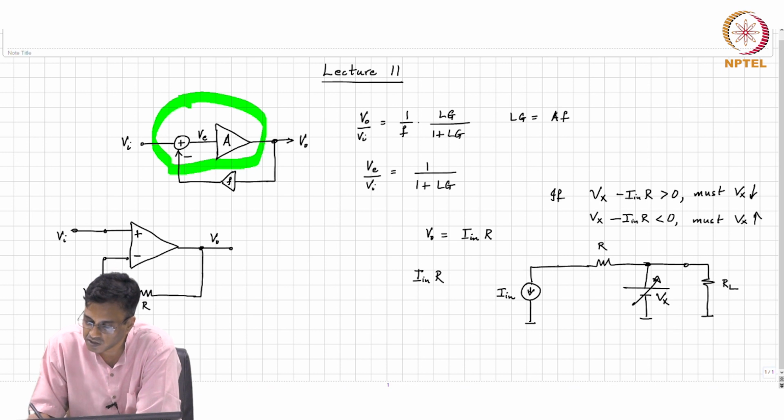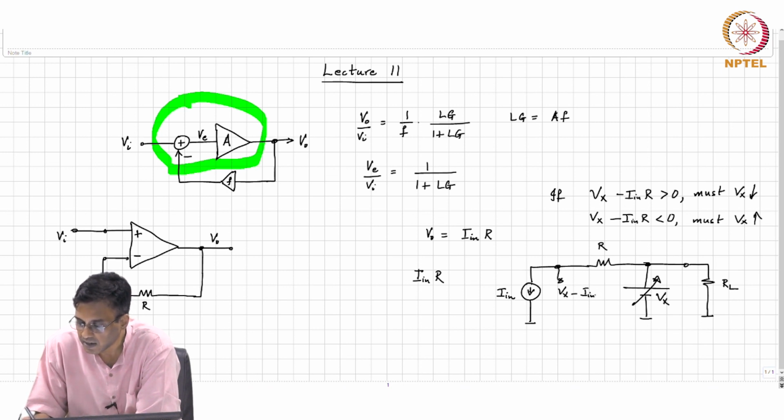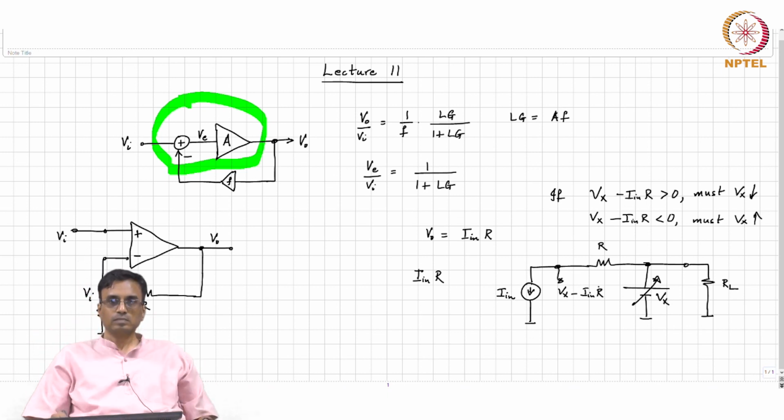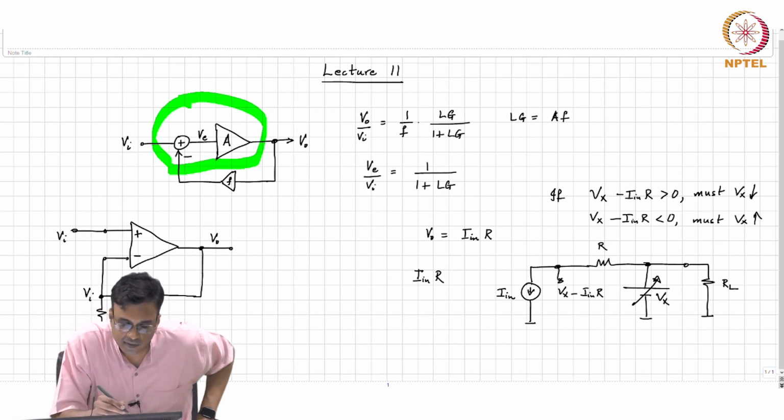What is this potential? Vx minus In times R, right. And if this potential is greater than 0, you must reduce Vx. If this potential is less than 0, we must increase Vx. Is this clear? So, therefore, Vx is